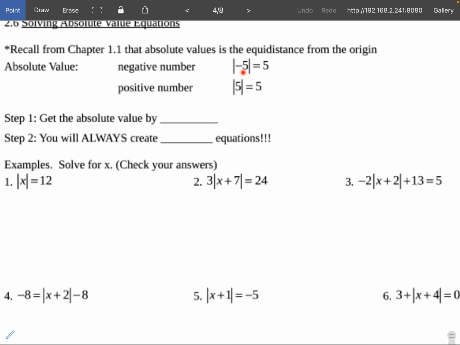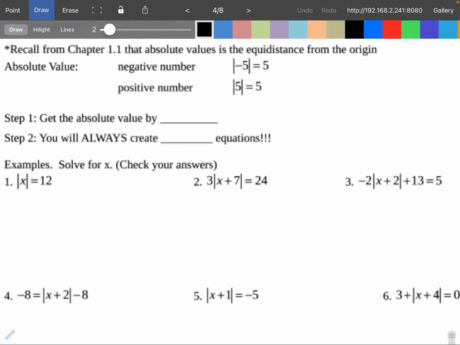Okay, so look at the top here. You guys know from chapter 1 that what's the absolute value of negative 5? 5. Yeah, it's 5, right? You see that right there? And then it says the absolute value of a positive number, so the absolute value of positive 5 is also 5. Right, so